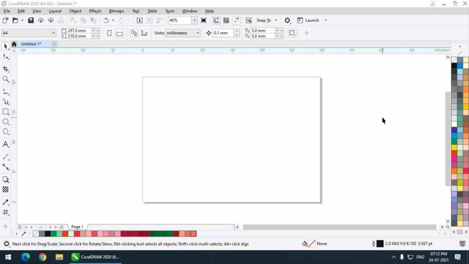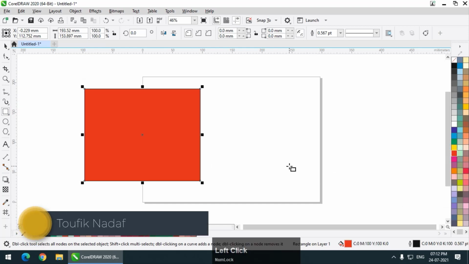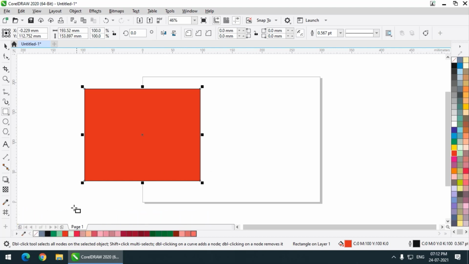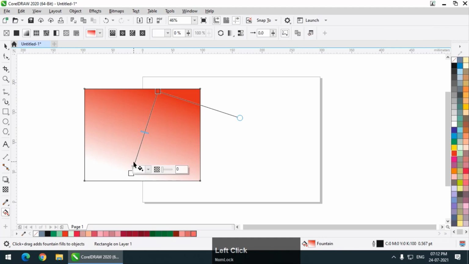So in this video of CorelDRAW, we are going to see a tool called the mesh tool, which can be used to apply multiple shades of color to a single object. So let us begin. For example, I will draw a rectangle shape, and as we already know, by clicking on any of the colors we can apply a single color, or if we want multiple colors, then we can use the fountain fill option or the interactive fill option, which is right over here. With interactive fill color, we can apply multiple colors to any selected object. So what is the mesh tool?